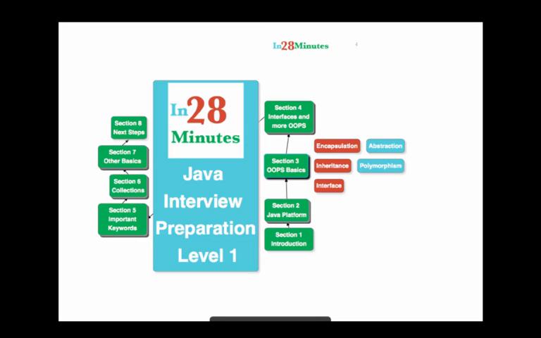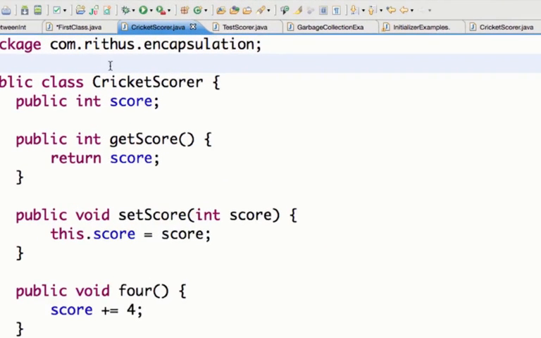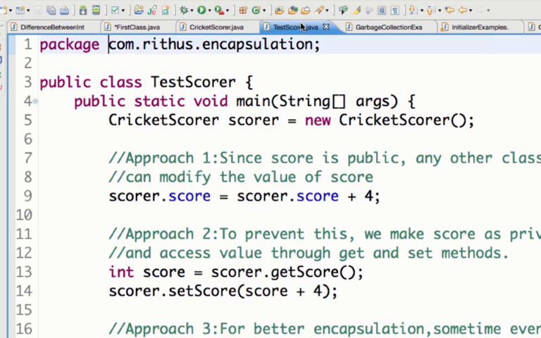In this video, let's learn about encapsulation. I have two simple classes in here. One is called cricket scorer. Cricket scorer class is used to calculate the score in a cricket match. And we have a test scorer. So if you look at this test scorer right now,